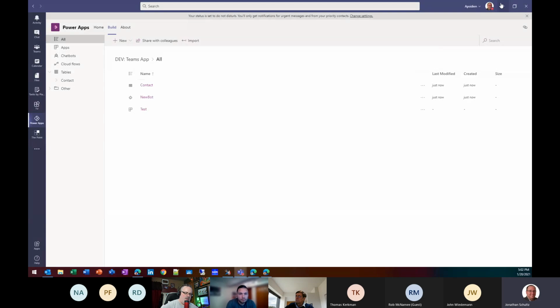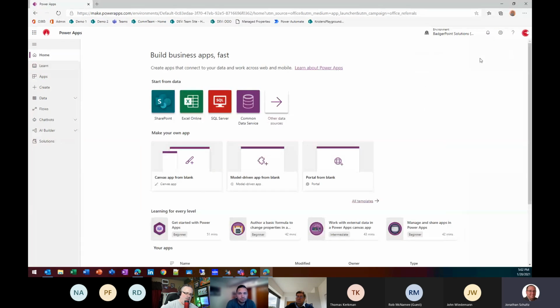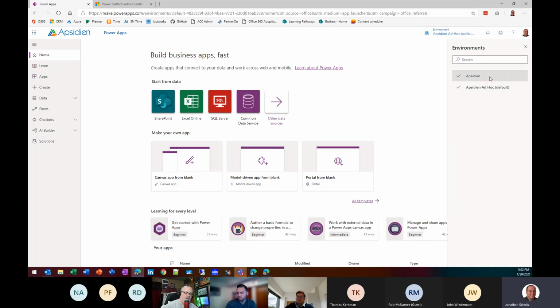So what happens under the covers is it's creating a Power Apps environment, but it's not one of these that show up in Power Apps or Power Automate, where you have different environments. Those Teams-based environments are still hidden from you here because they're special. This Obsidian environment is tied to Dynamics CRM, so it's got a Dynamics CRM database in it. Ad hoc is just the normal Office 365 one.